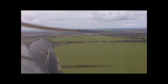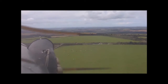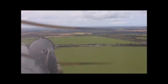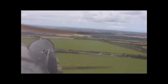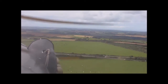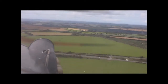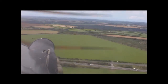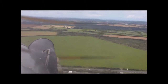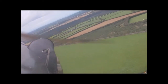So anyway, what's coming up now, as you can see below, is the A30. Again, many of you will remember that. You've probably been stuck on it loads of times trying to get to Cornwall. It's the most dreadful road there is. But at this point, it's actually dual carriageway. And again, many of those that have used it will know that it goes from dual carriageway to single carriageway, dual carriageway to single carriageway, which does nothing but cause bottlenecks. But the Transport Ministry are now trying to sort out, okay,